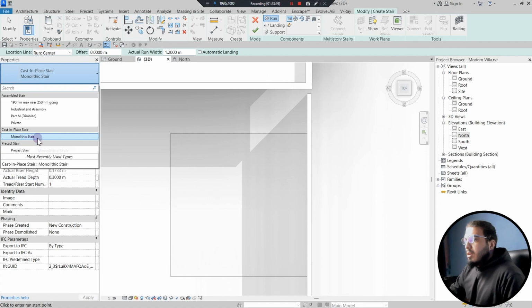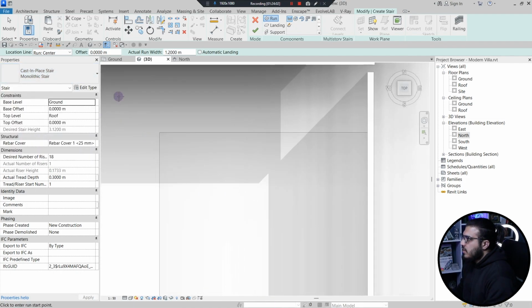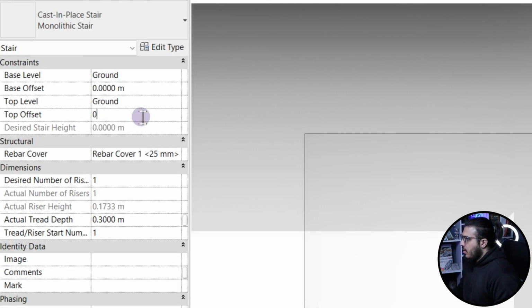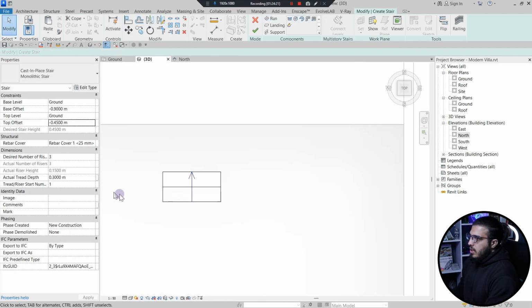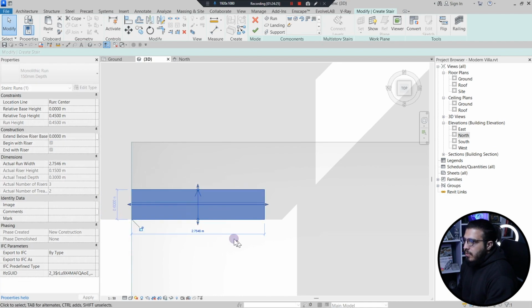Okay, let's click on monolithic stair. Now let's create the stair in here. I just want to have it ground to ground with 45 from minus 90 to minus 45. And let's create the stair in here. I want a bigger one. I want another one so I can do the trick in here, but don't worry. Let's make it bigger from here to